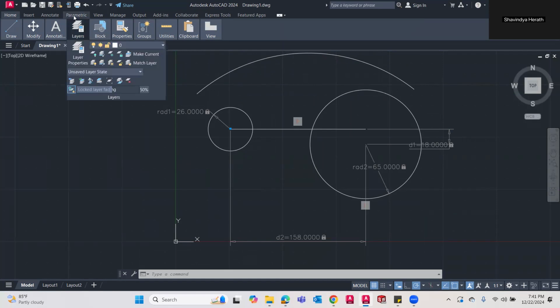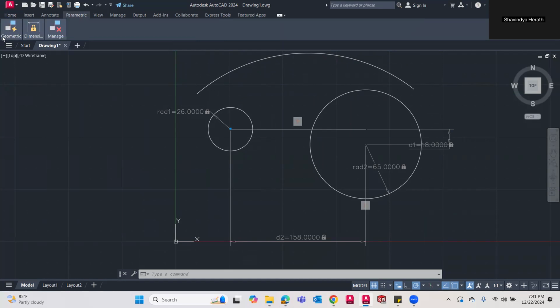Okay? So go to the parametric tab and geometric panel, and there's the tangent constraint there. Go to the tangent constraint. It asks what's the first object, this one or this one? So I will select this one, and then it asks for the second object.